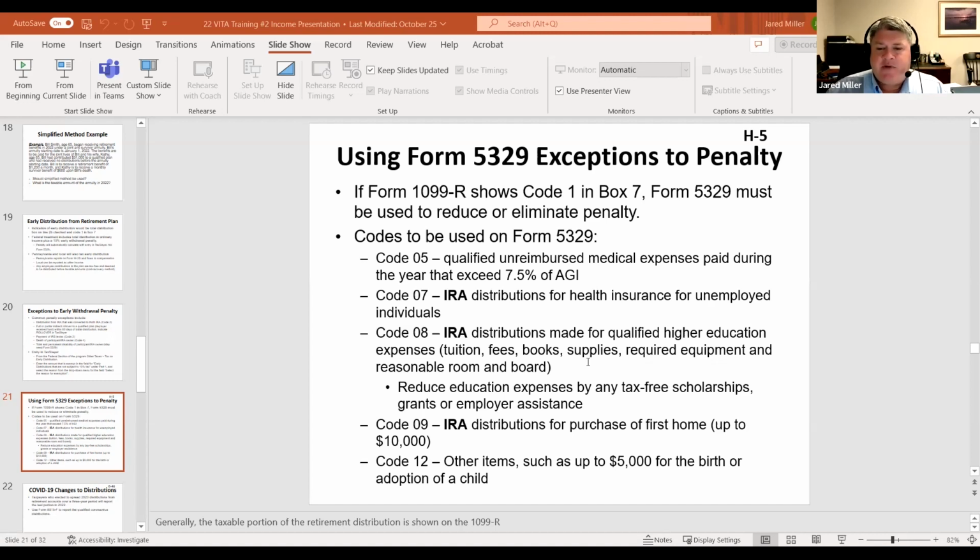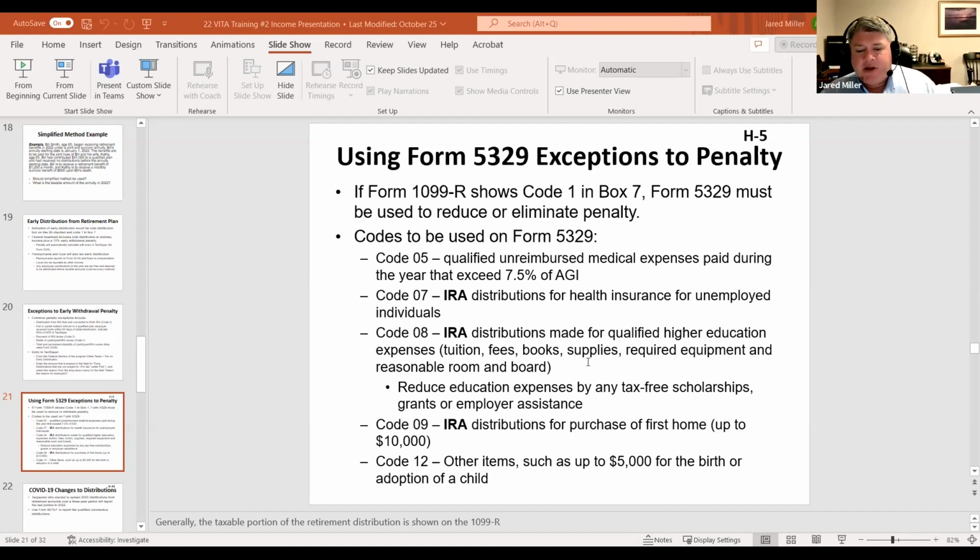That's if you're taking money out of an IRA to pay for higher education expenses. That can be anything from fees, tuition, books, room and board, related equipment. You cannot take any money out that is going to be basically offset by scholarship. But other than that, it's a fairly broad category. Again, it's only going to get rid of the penalty, not the actual tax on the distribution. Also for IRAs, you can take money up to $10,000 for the purchase of a home.